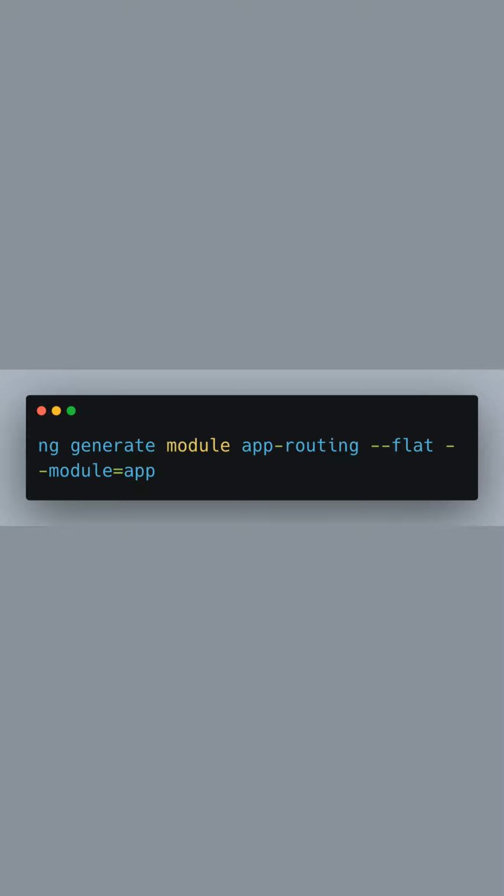To begin, let's create a routing module in our Angular application. We'll use the Angular command line interface, or CLI, to streamline this process. We enter the command ng generate module app-routing to create a new module. The flat flag indicates that we don't want our module to be placed within a separate directory, but rather in